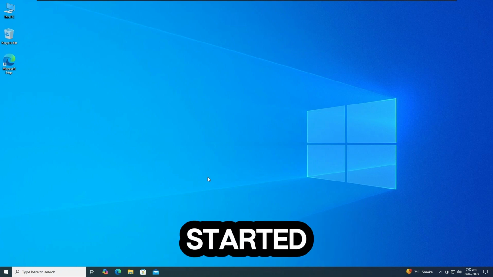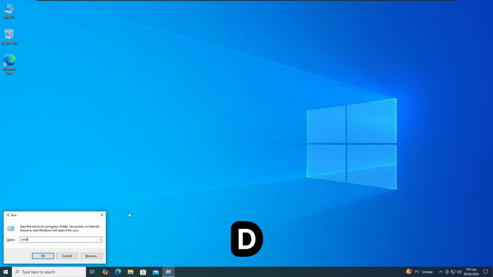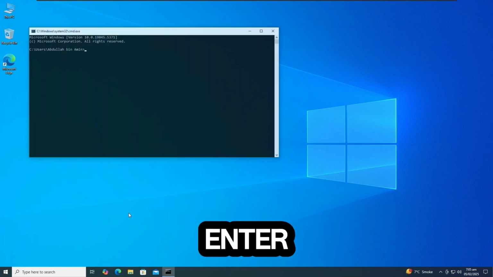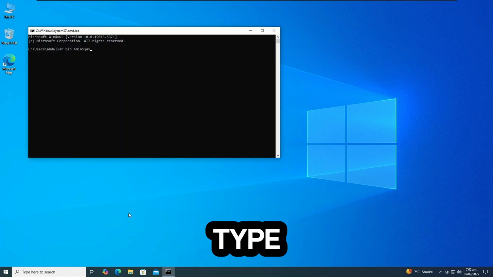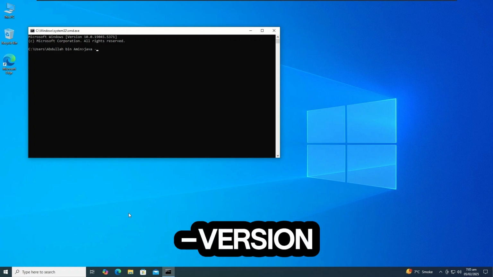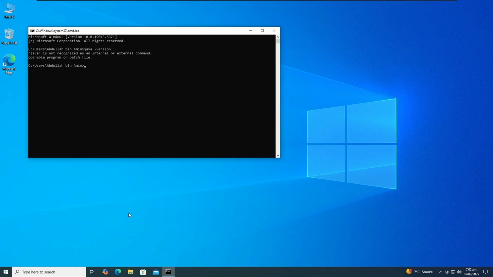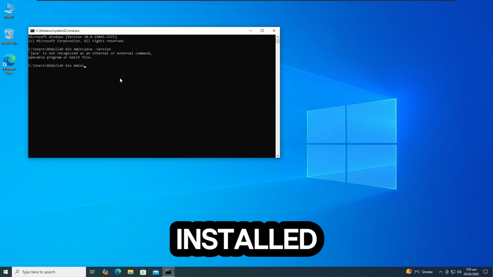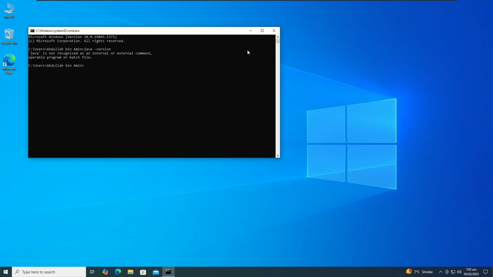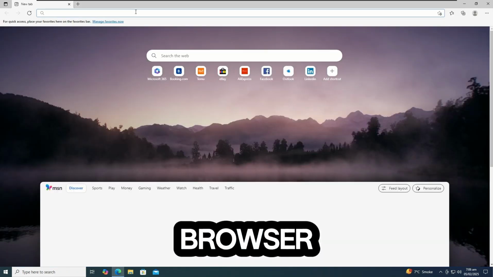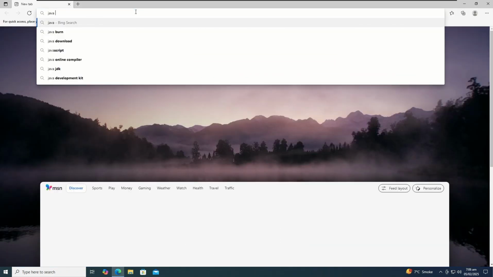Let's get started. Press Windows plus R, type cmd and press enter, then type java -version and press enter. If Java is installed, it will show you the installed version. If you see "Java is not recognized", as we see, that means Java is not installed and we need to install it. Okay, then exit the cmd, open a web browser and search for